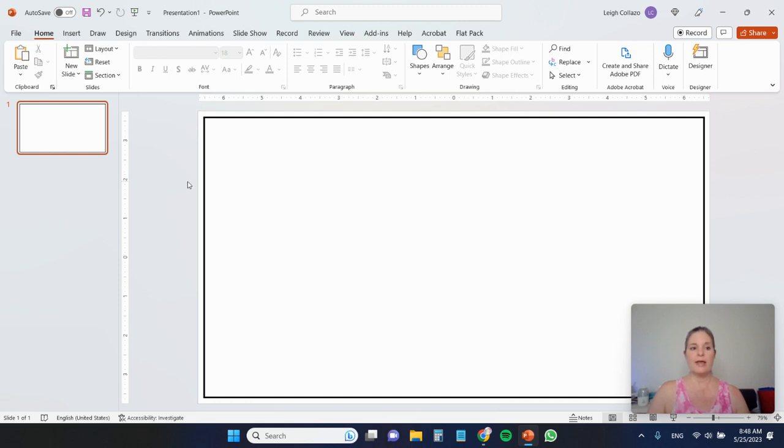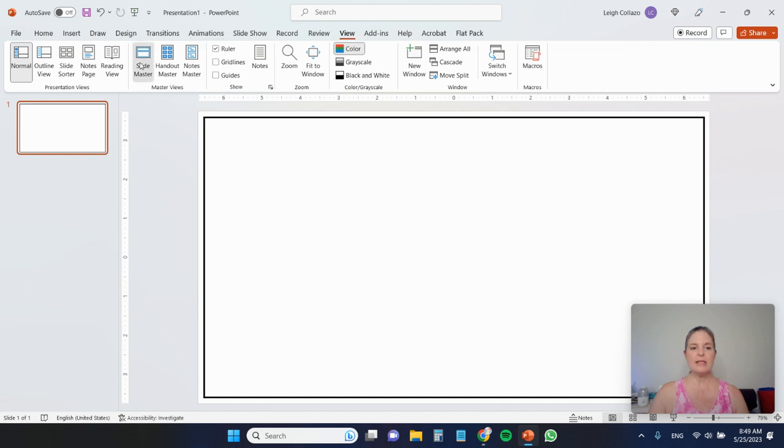So the way that I do that, because I don't want to go on every single slide and add my copyright, and I also later on may update this, and I want to be able to change this copyright information quickly if I'd like to do that. So this is going to be a little bit advanced, and I didn't know how to do this until relatively recently, but if I go to View and Slide Master,